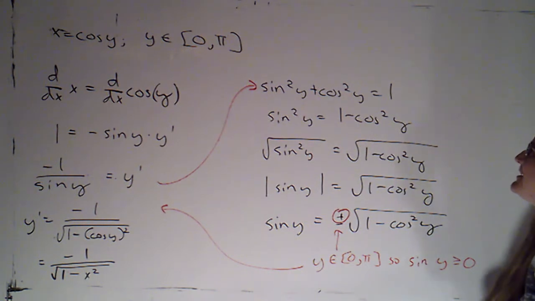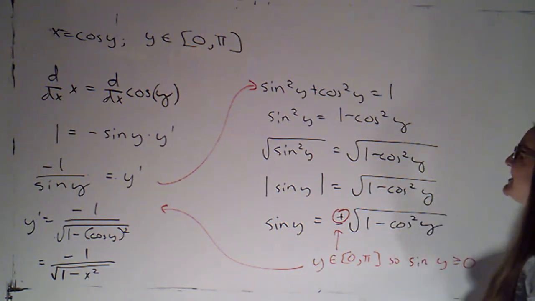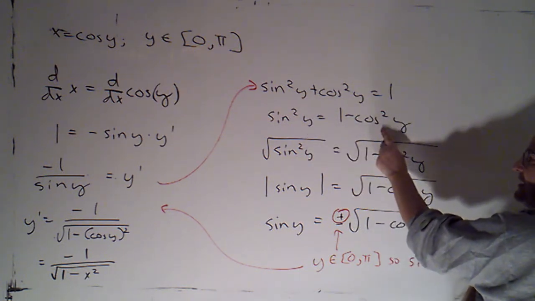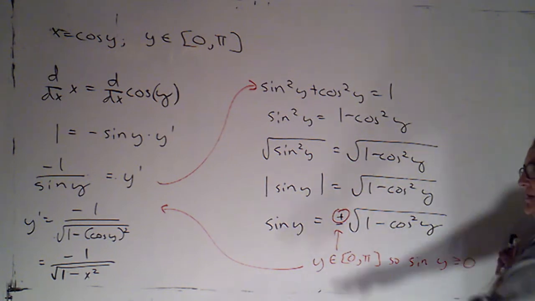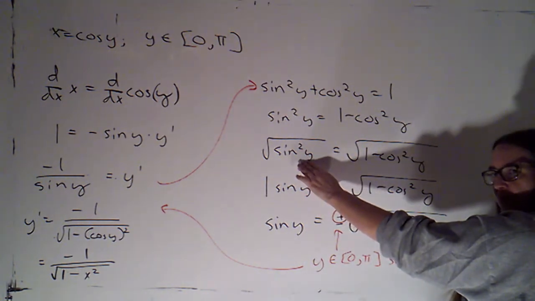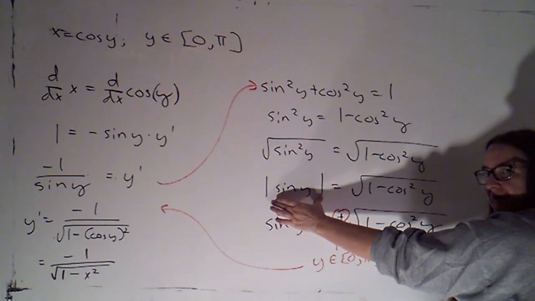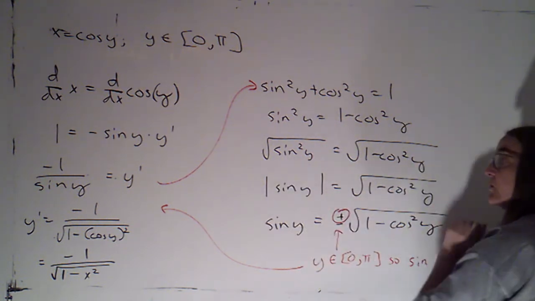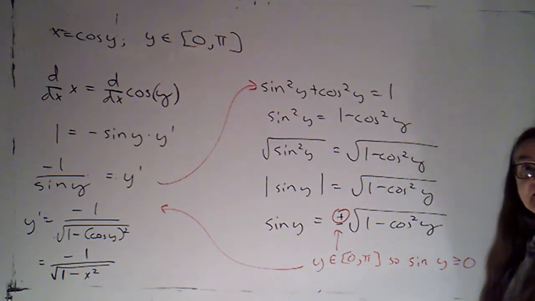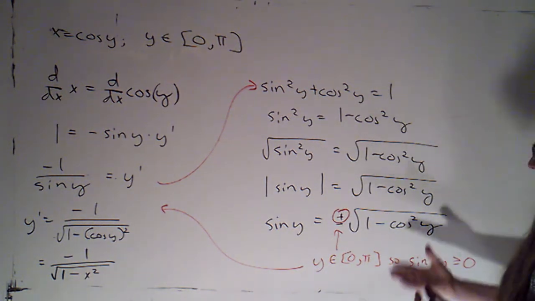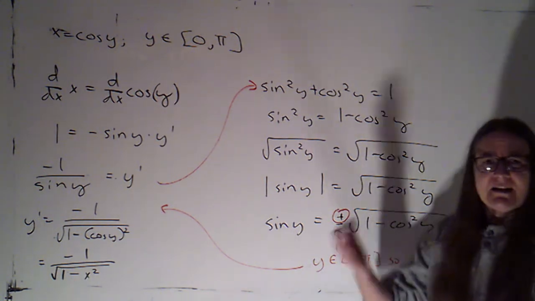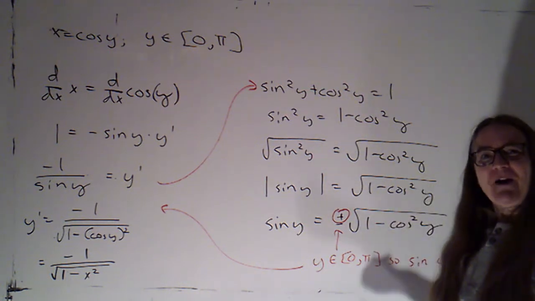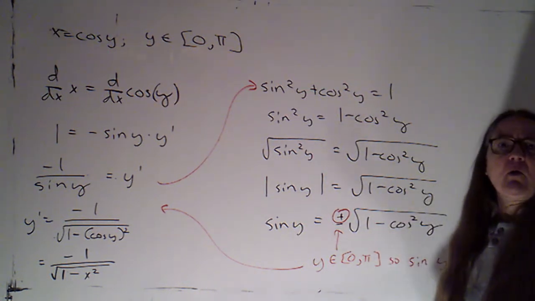Sine squared plus cosine squared of anything, in this case of y, is equal to 1. So sine squared y is 1 minus cosine squared y. When I take the square root of both sides, I need to remember that the square root of sine squared y is the absolute value of sine y. And to deal with that absolute value, that means sine y will be either plus or minus the square root of 1 minus cosine squared y. And it's not that both of them work, or I just get to pick one at random. That's going to be determined by whether y is an angle whose sine is positive or negative, and that's determined by what quadrant it's in.